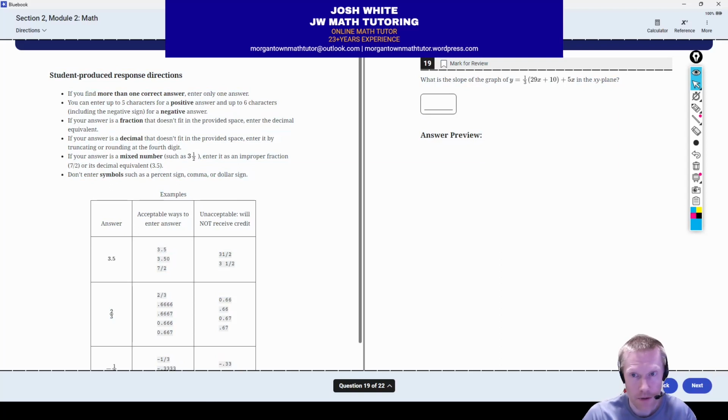All right, next up, number 19. They are asking for the slope of this line. So one way you could do this is just basically multiply everything out and then combine your like terms and then figure out what the number in front of the x is. So for example, I'm going to have y equals 29 thirds x plus 10 thirds, although that part doesn't matter,